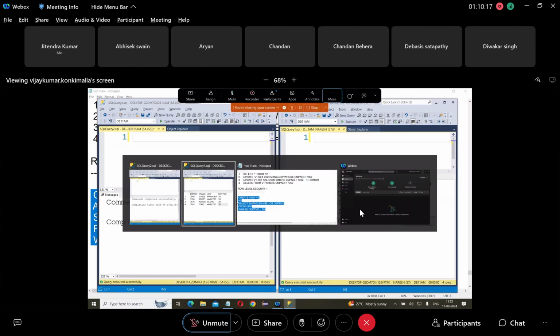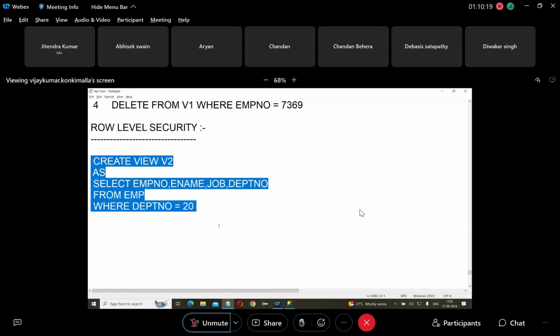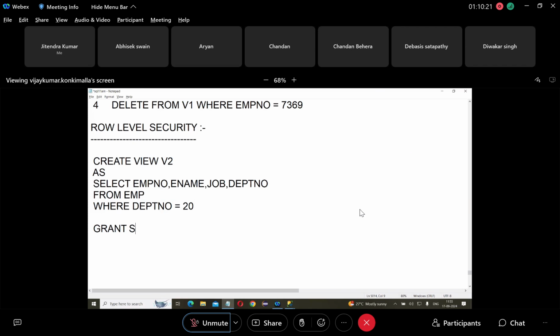But in these two examples, grant select, insert, update, delete on V2 to Vijay. So then grant select, insert, update, delete on V2 to Vijay. Understood? Then next,